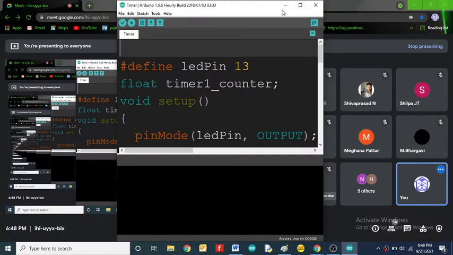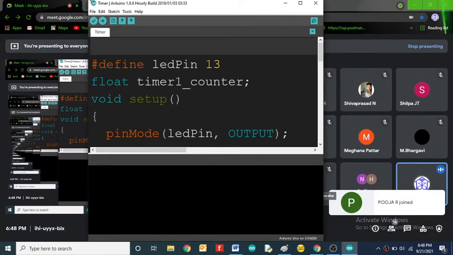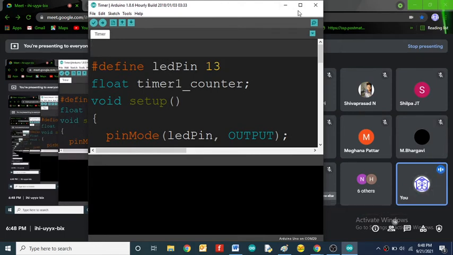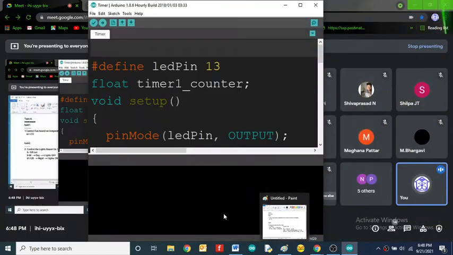Okay, so if you want to use the timer as your own delay, creating your own delay, then you have to use some special registers that are associated with the timers. So if you want to do that, we need to use the special registers associated with the timer functions. So I'll explain some important registers in timers.